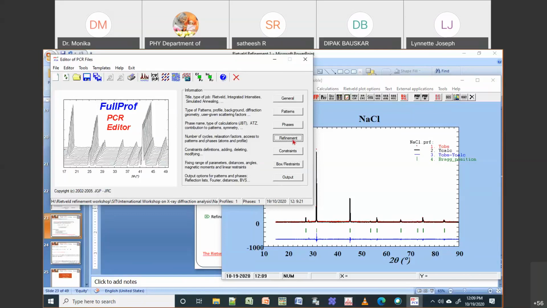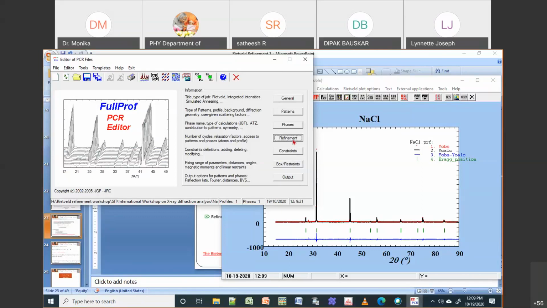is not activated. It is because we are doing Lebesgue. When you do Lebesgue, you don't have to give the atoms which are present in your sample. But when you go to the structural refinement, then it says you need to give atoms. If I don't give the atoms, then it will give some error. So for that, I'll click this atom, and I have two atoms. One is Na, one is Cl.